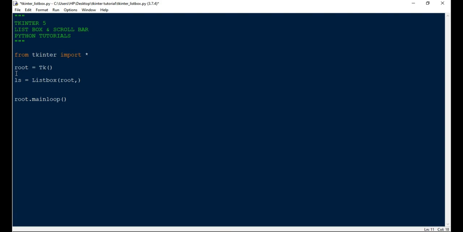If you're specifying height, it is row wise, not in pixels, that is if we specify it as 10, then the height of the list box is going to be 10 rows and not pixels. So height in this case I'm having as 10, and let's just grid it inside the window. So grid of row equals 0 and column equals 0. So if we run this,